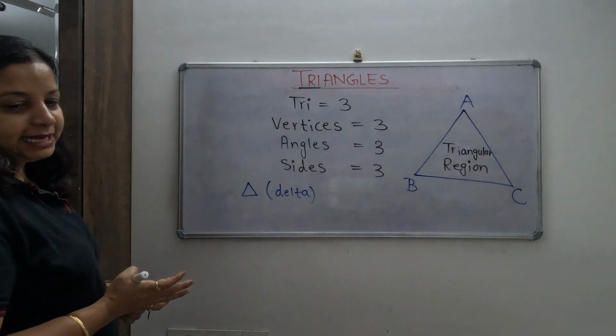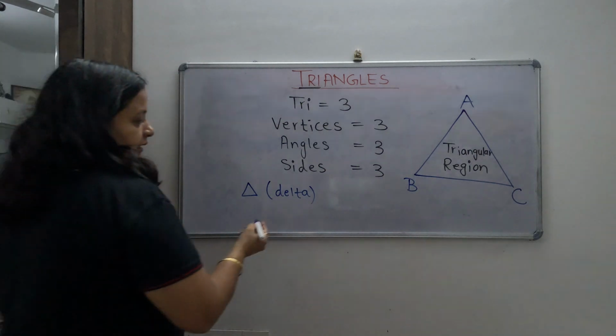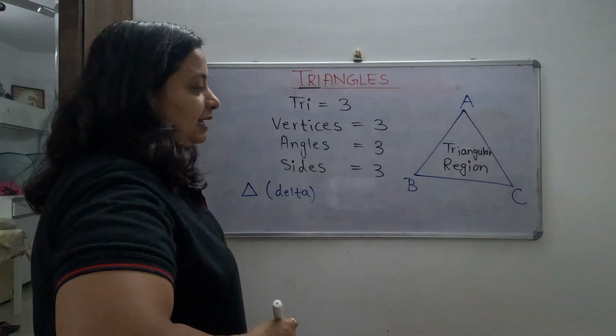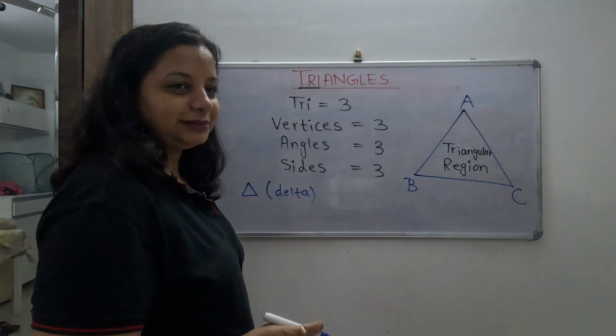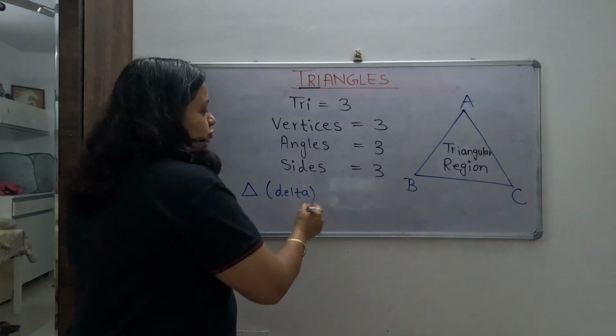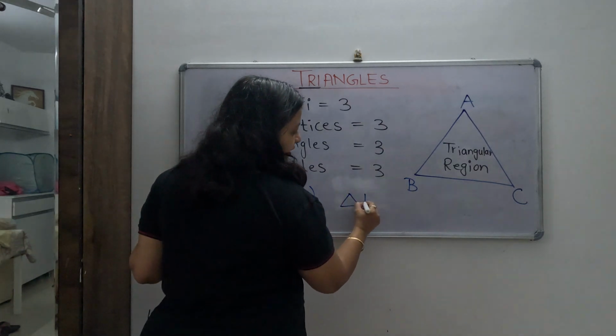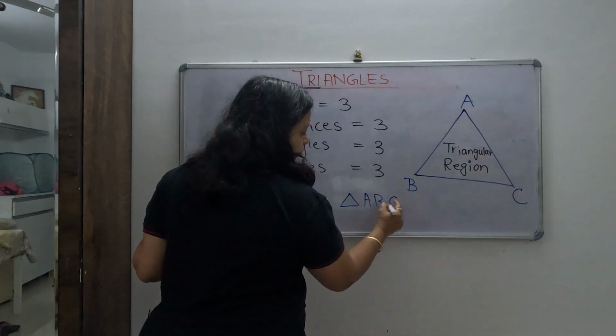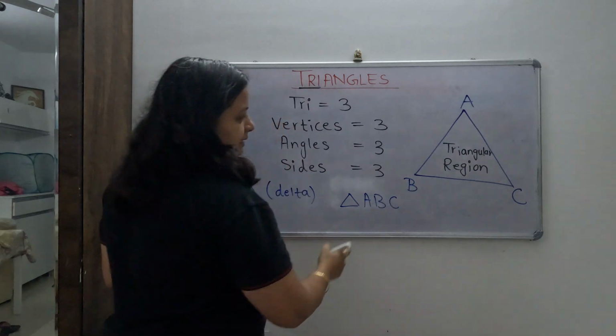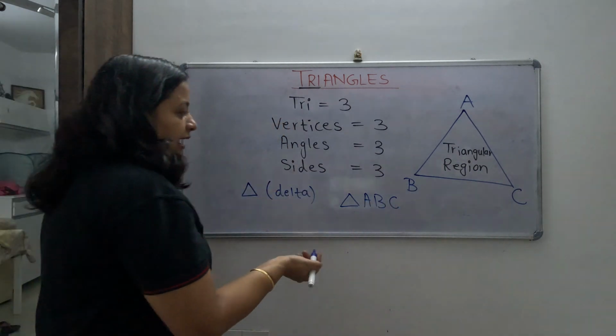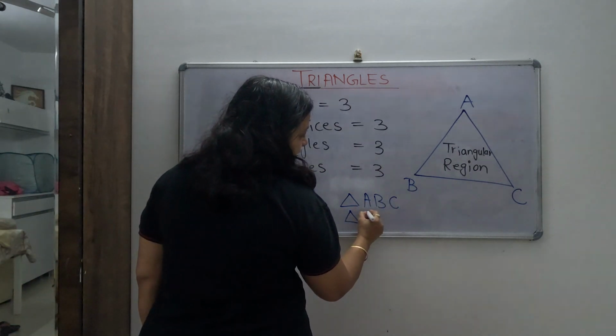Triangle ABC. What will you read it? Triangle ABC. Is there a rectangular region in another shape? Yes. You can also write it the other way, triangle